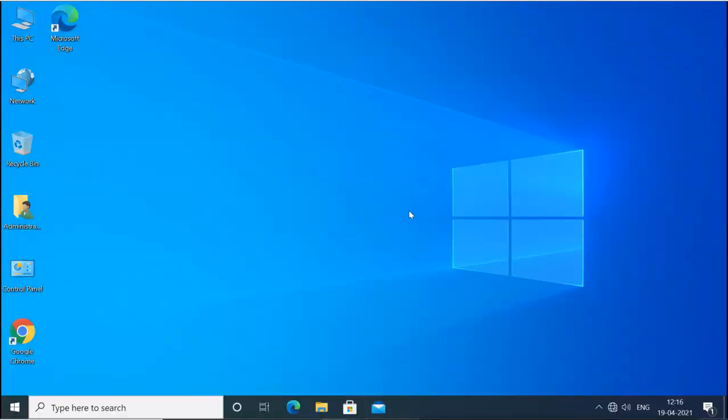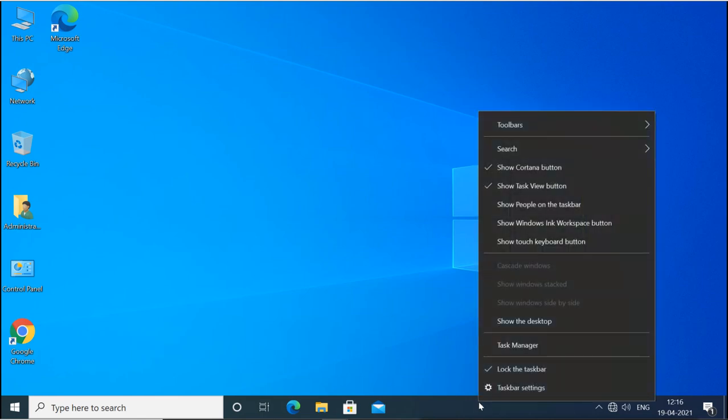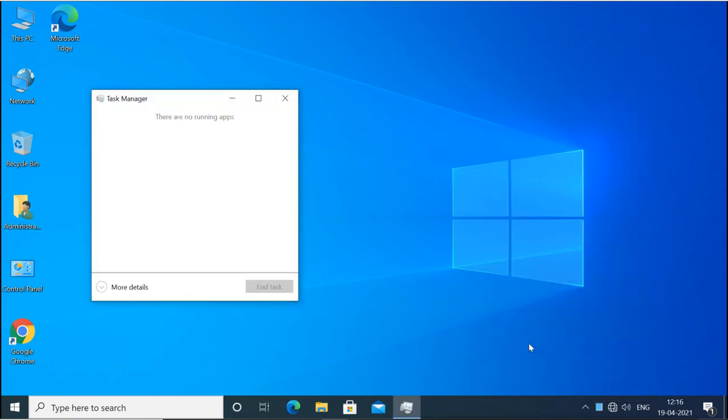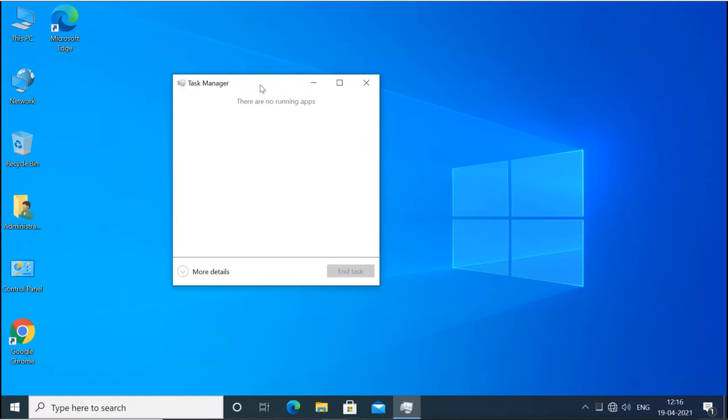In Windows 10, we can check in the Task Manager. We can open Task Manager by right clicking on the taskbar and choosing Task Manager from there. When you open the Task Manager for the first time, it looks like this. It is not showing much information. It shows actually running tasks. Right now there is no task running, so it is not showing anything.